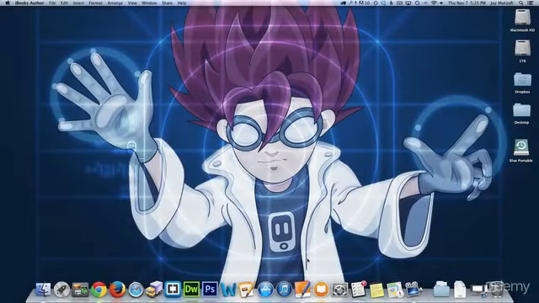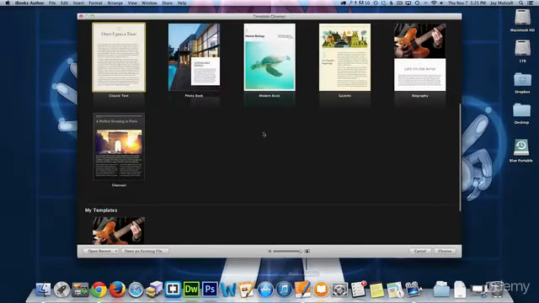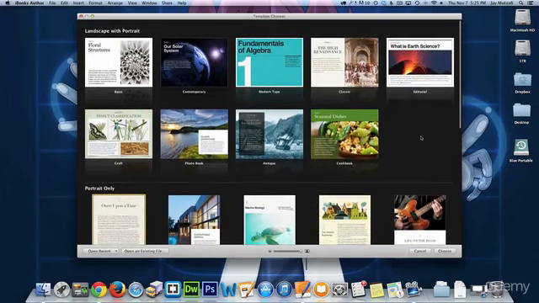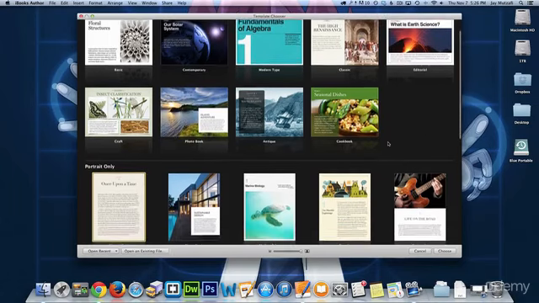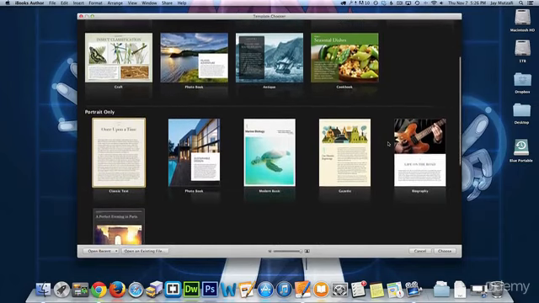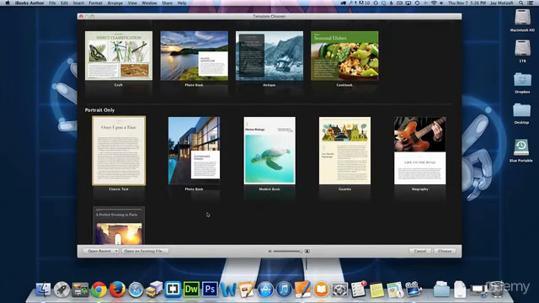So let's take a first overview look of iBooks Author. iBooks Author works with templates, and it comes with a few built-in ones. And since it was originally created for school textbooks, most of the templates are landscape templates with portrait mode. However, in version 2.0, they've added portrait-only templates, and those are the most common to use in sort of regular